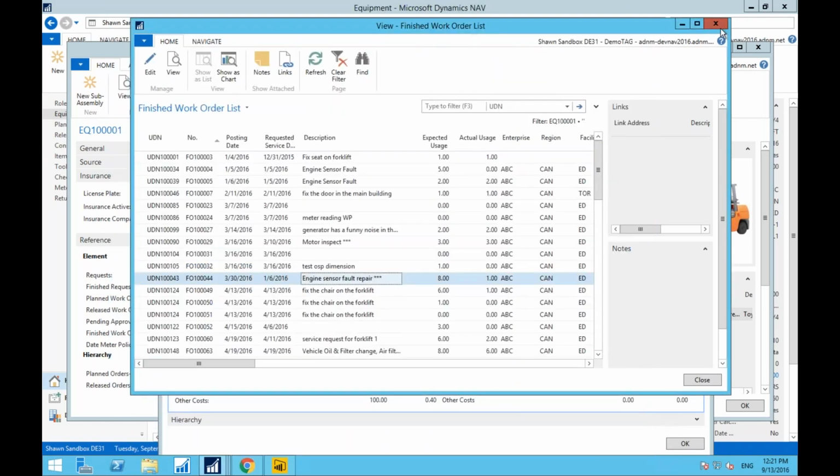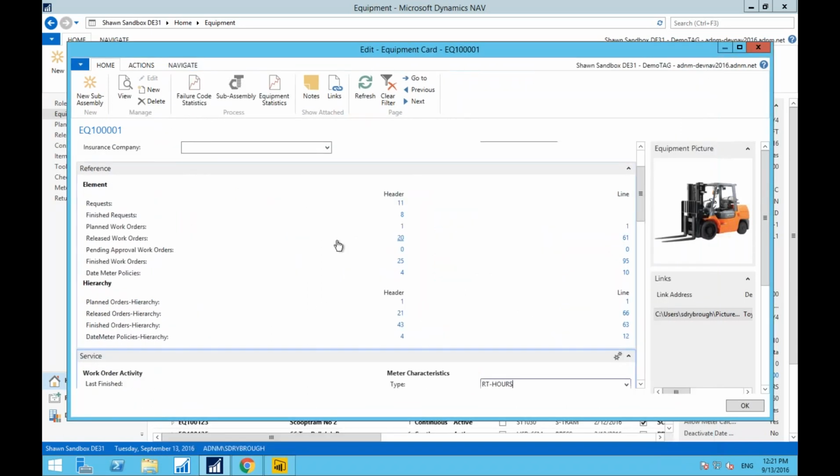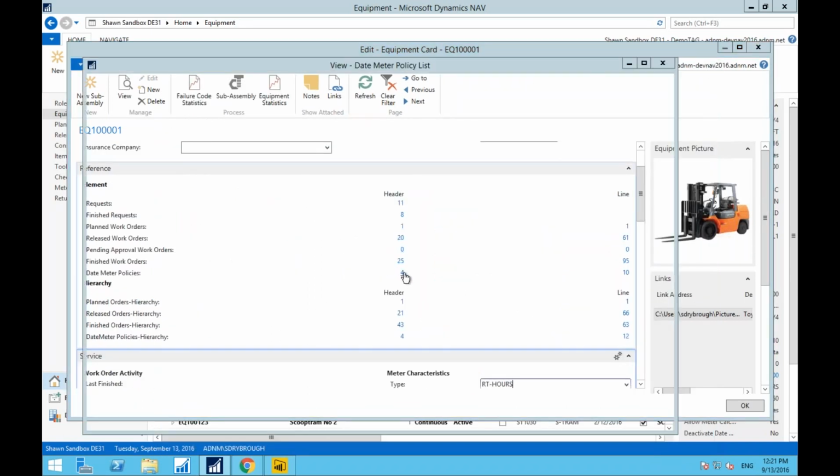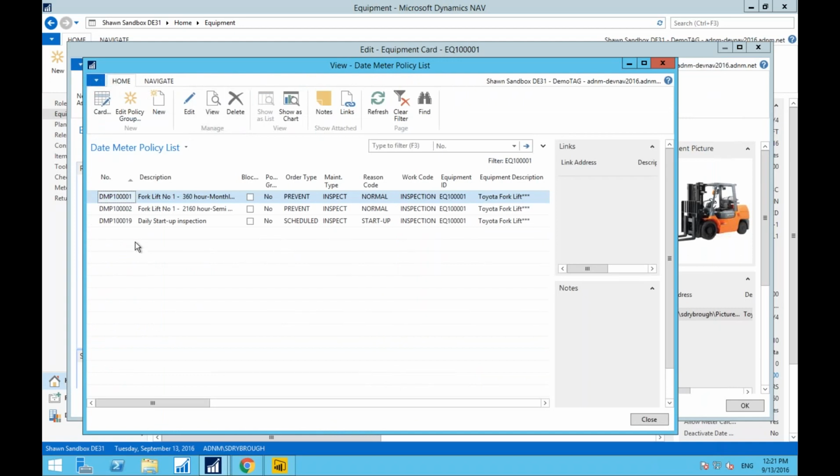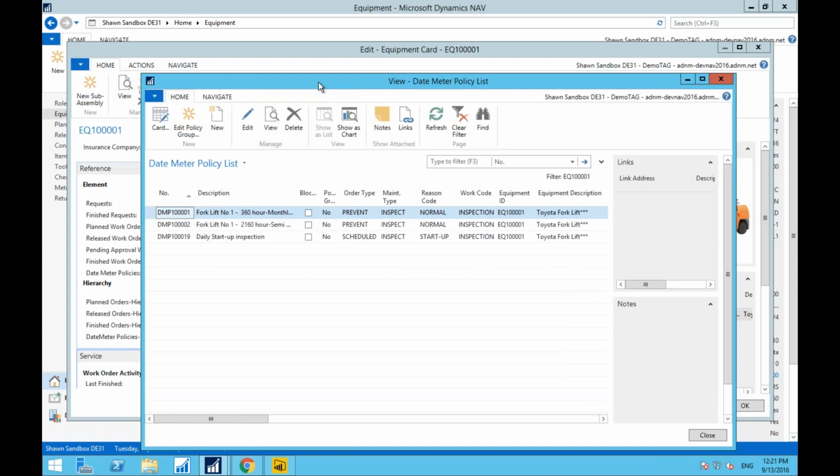Alright, let's go back to our equipment card. While I'm here on my equipment card, what I want to touch on is my date meter entries as well. Date meter entries are preventative maintenance entries within the system. So if I'm going to create a preventative maintenance policy,